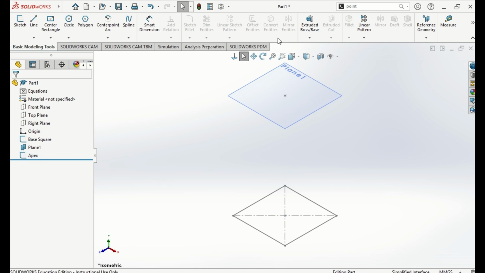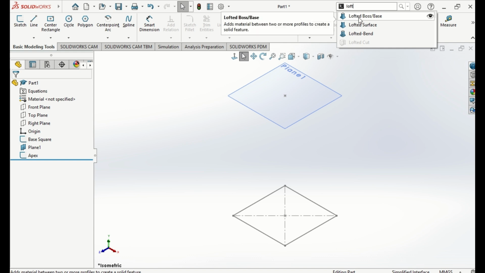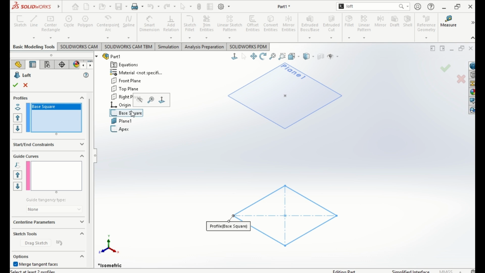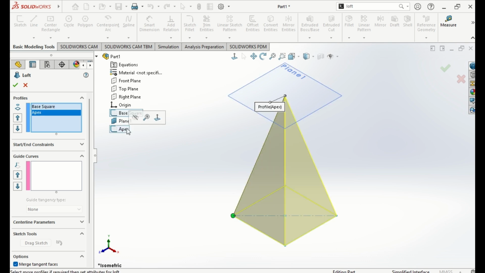What I'm going to do now is go to tools up here and look for Loft to bar for this. The profiles that I'm going to choose from the inventory rather than picking points on it, which is this square, and Loft to cut, giving me